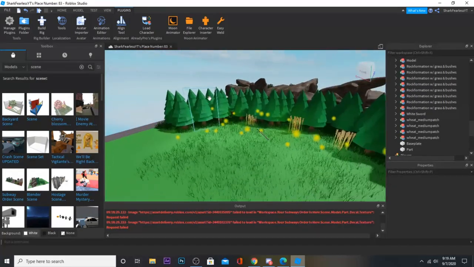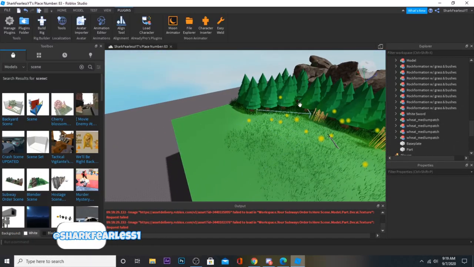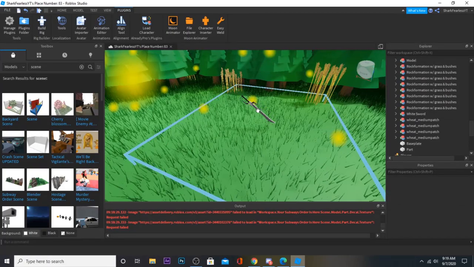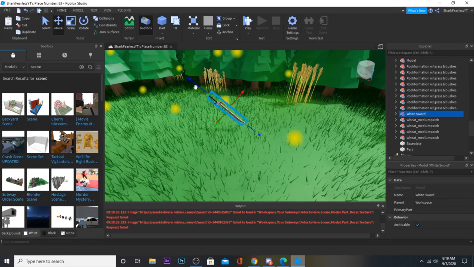Alright, I think we're going to do this scene. The scene is Blender scene down here, so you're going to want to click on that. Then I think we're going to do something with this sword. I think we're going to put it down like this, and then search up rock, or just low poly rock